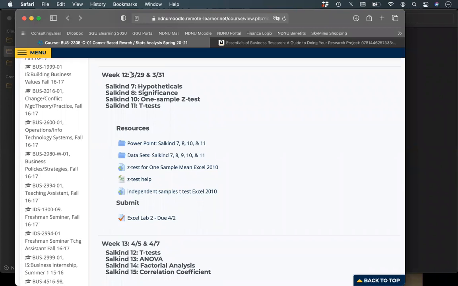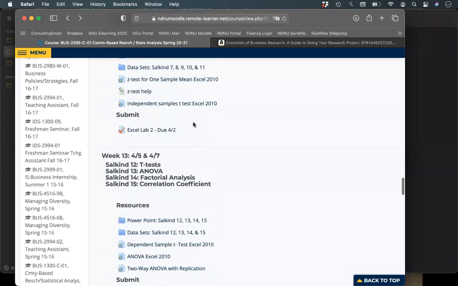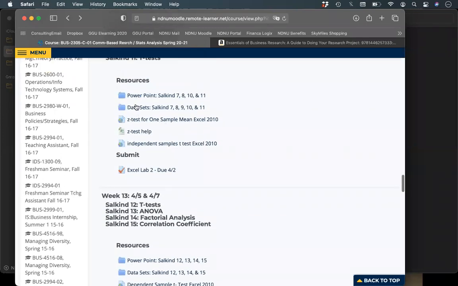Okay. On March 29, 31, we're going through hypothesis testing, significance, Z-tests and T-tests. You've got another lab. And I've got the PowerPoints in here, and then the data sets, we're going to open those up in class and work problems, because the best way for me to teach is to have you doing things with me. What some students choose to do is dial